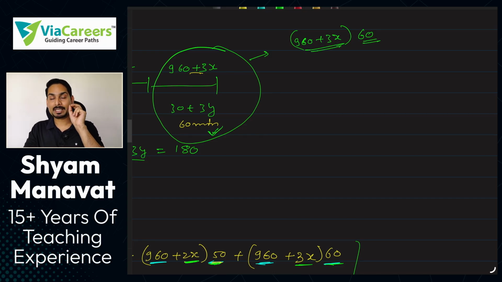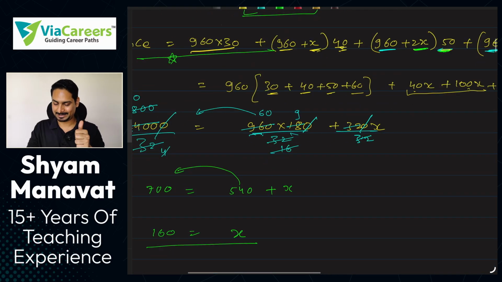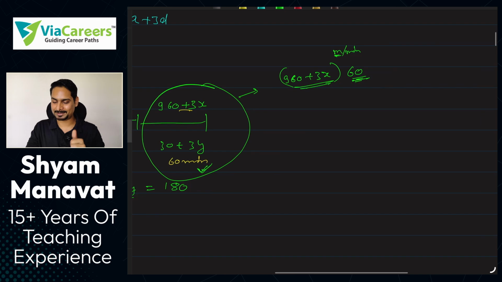So, you have to be very careful in terms of units. Okay, don't get confused in the units. जो आपके speed का unit है, meter per minute. So, keep distance in meters, time in minute. Okay, so here if you got x is equal to 160, we are going to substitute it here. So to find the distance, here distance is again speed into time, this is speed and this is time. So speed into time हम लोग करेंगे,